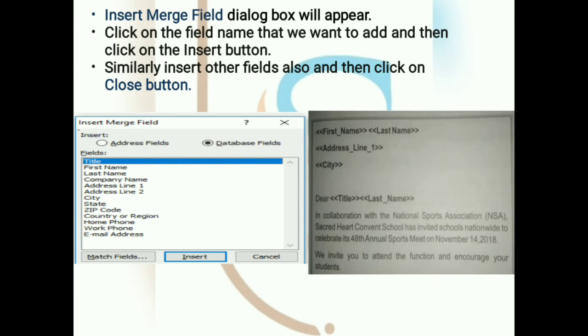You can see those fields we have already used for entering the records of the person. So the same field names are here. For example, if we have made one document, where you want to place the field, just click from here, click on the insert button, then automatically it will be displayed in your main document. For example, I have selected first name, then insert. You can see first name is here, then I selected last name, then insert, then it will come here. So according to our requirement, we will choose it, then insert. That will be displayed in our main document.